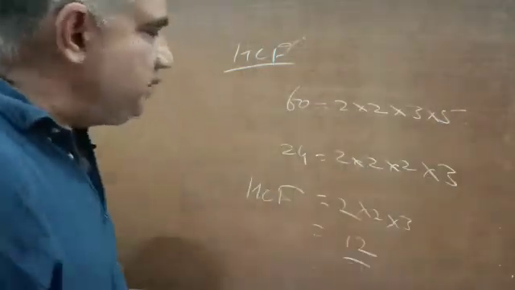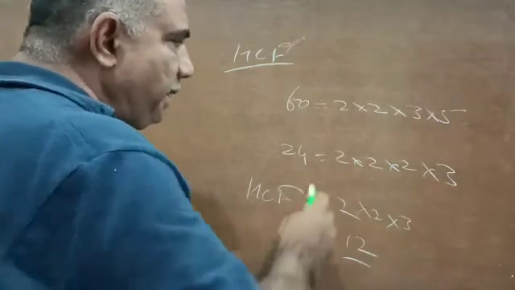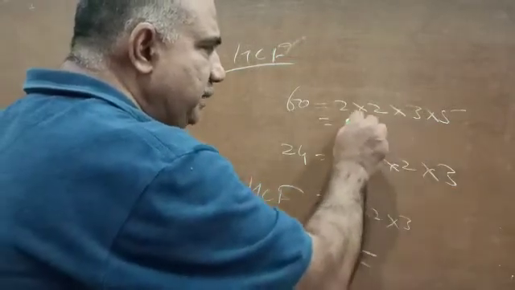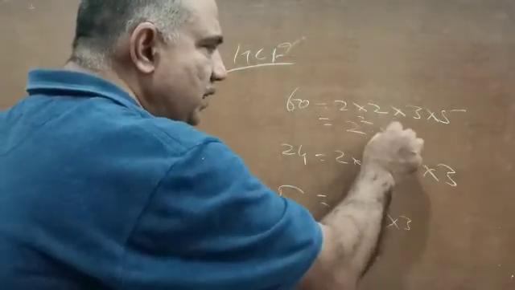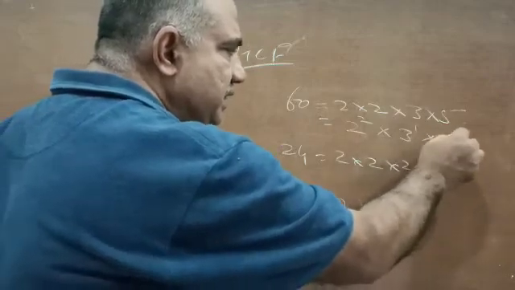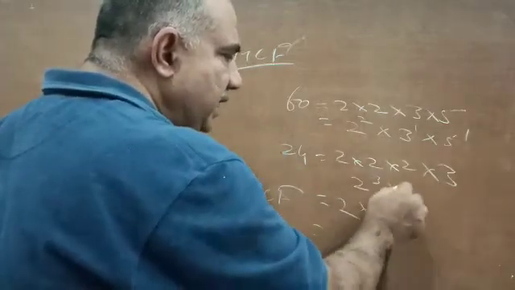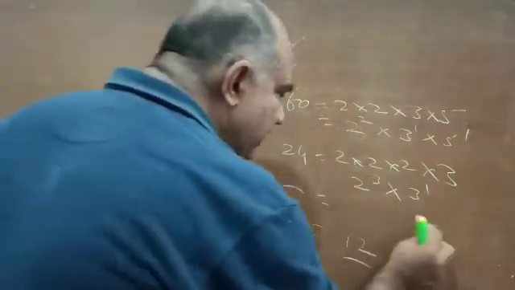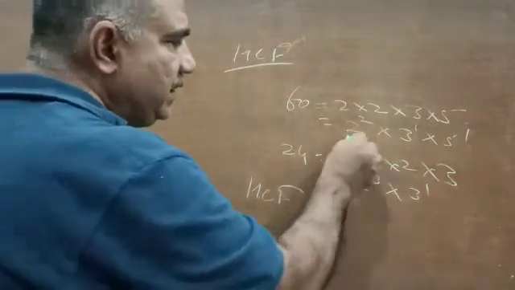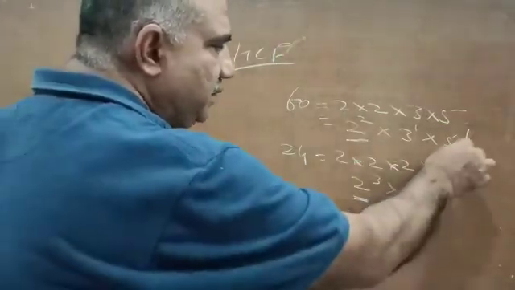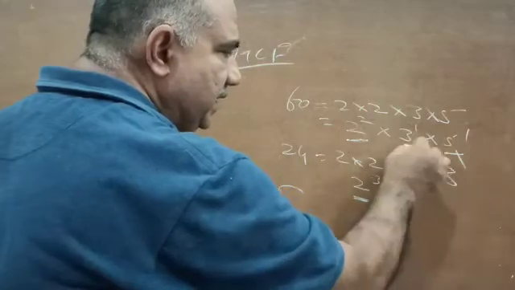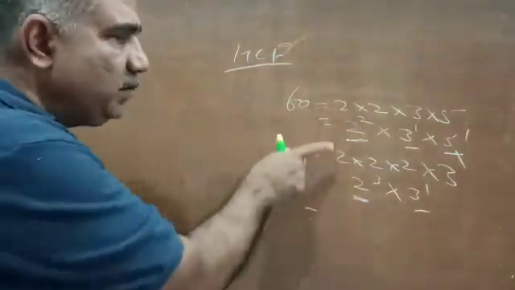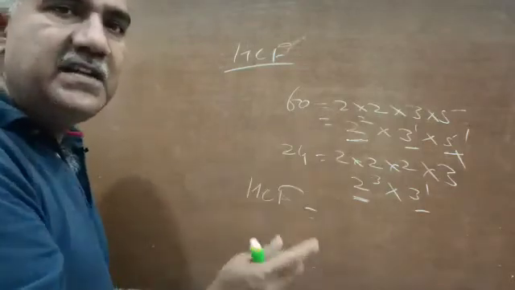And also sometimes you will find an algorithm like this: do the prime factorization, then write them as a product of their powers. So this is written as 2 raised to power 2, 3 raised to power 1, 5 raised to power 1, this is 2 raised to power 3, and 3 raised to power 1. So people say take common factors. Here 2 is common, 5 is not common, so 5 is not to be taken, 3 is again common. So the statement goes like that: take common factors, and wherever the common factor has different powers, take the least power.